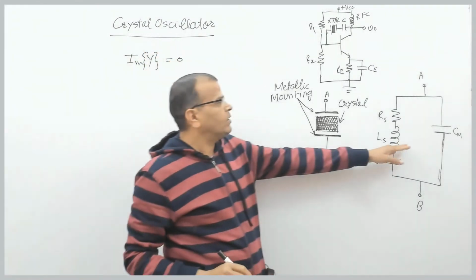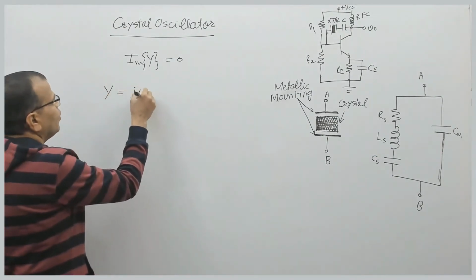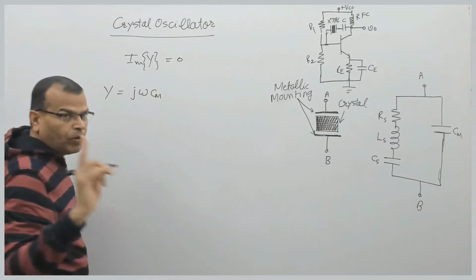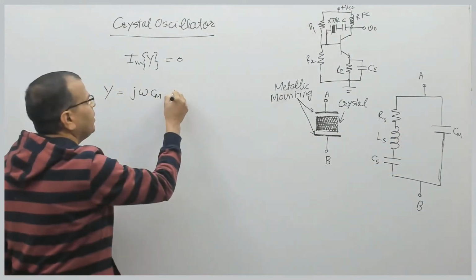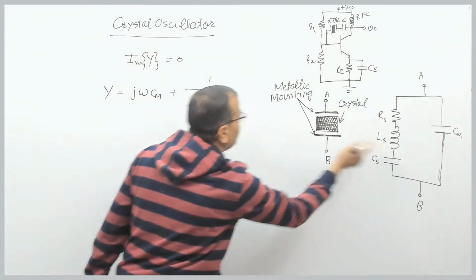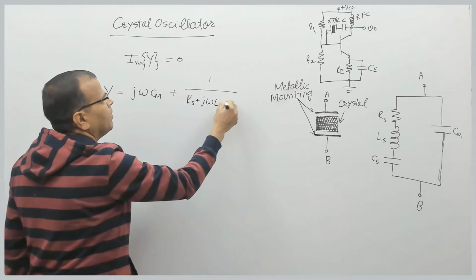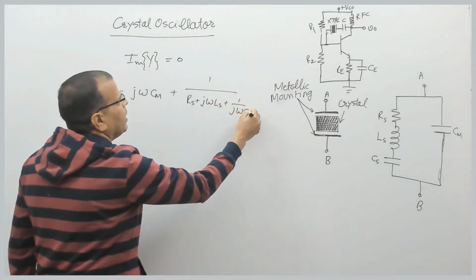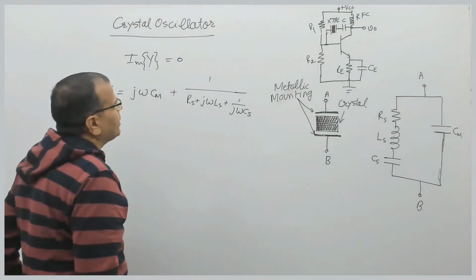So what is the admittance of this circuit? The admittance of this circuit will be j omega Cm. I'm talking about admittance. So this admittance is j omega Cm, plus the admittance of the series branch, which will be Rs plus j omega Ls plus 1 by j omega Cs. This is the admittance of the